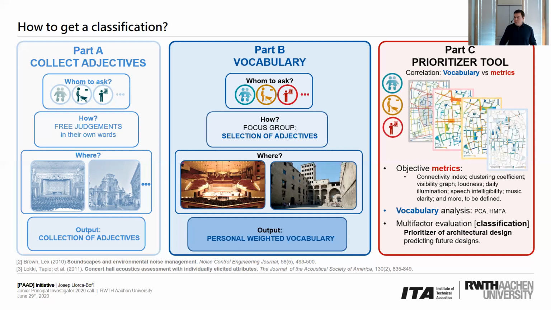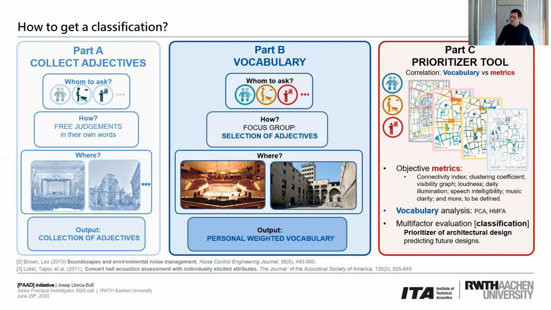Lastly, in part C, the idea is to correlate the vocabulary, that means the subjective data which have been collected in the first parts A and B, together with the metrics. And this means that we need to measure those spaces with several parameters. So the idea is to collect objective metrics which already exist in the literature. For example, here I just inserted several ones: connectivity indexes, clustering coefficient, speech intelligibility, or more, which have to be defined. And those metrics from those specific spaces that the people were judging in part B have to be correlated with the judgments of